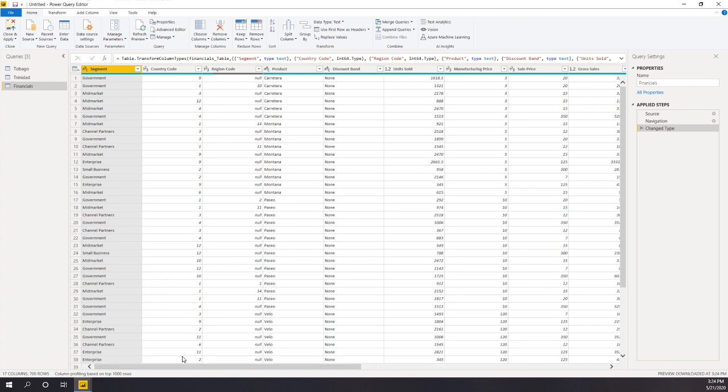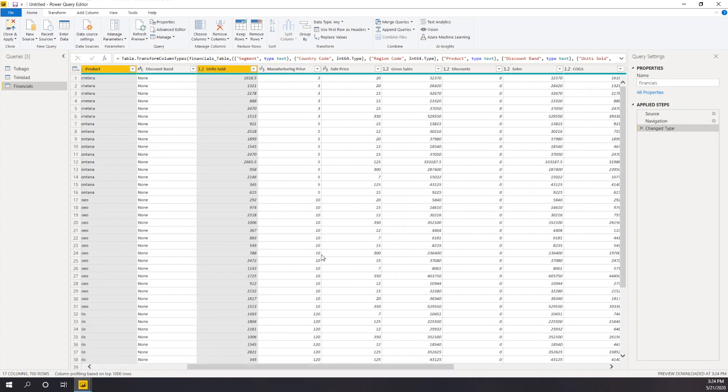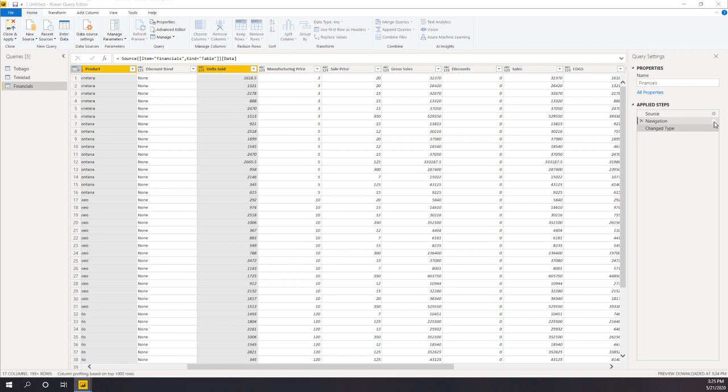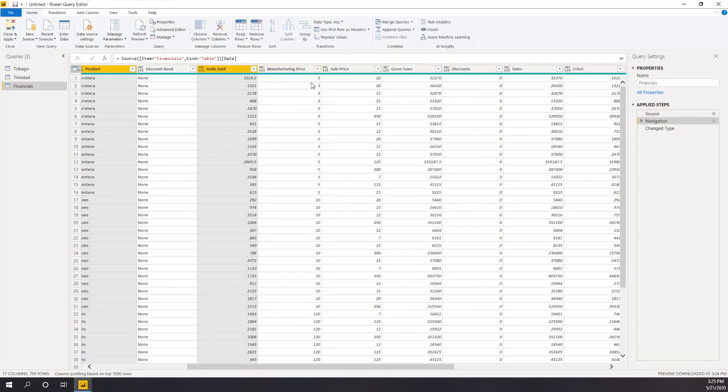So for this report, I basically only want my segment. I want my country code, my region code, products. I don't want my manufacturing price. So I'm just hitting control and I'm selecting these. Or I can easily come over here to navigation, click on the gear icon for navigation, and it would allow me to choose the columns that I wanted, but I won't do that for now, so I'm just going to hit control. I want my gross sales,